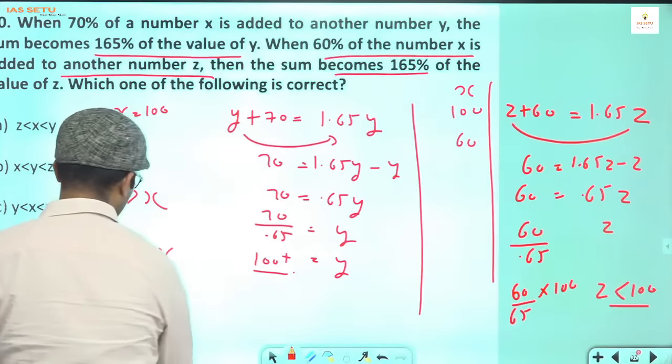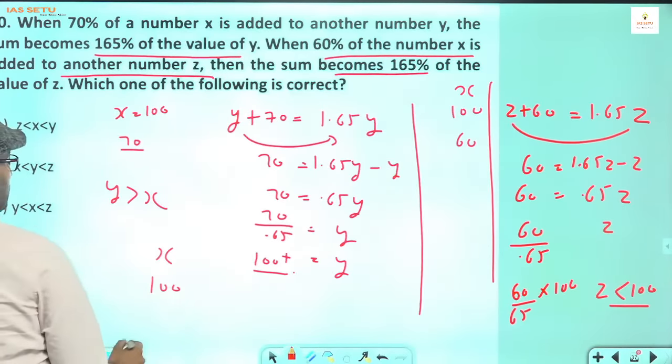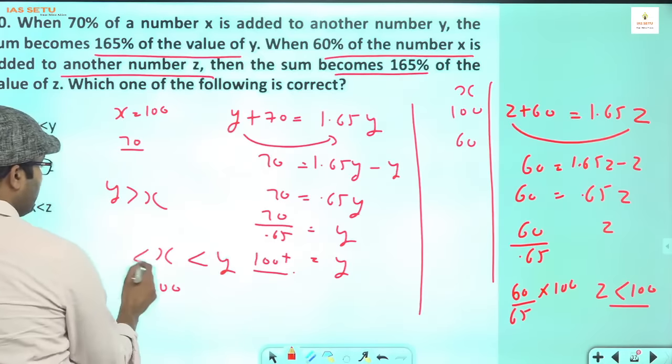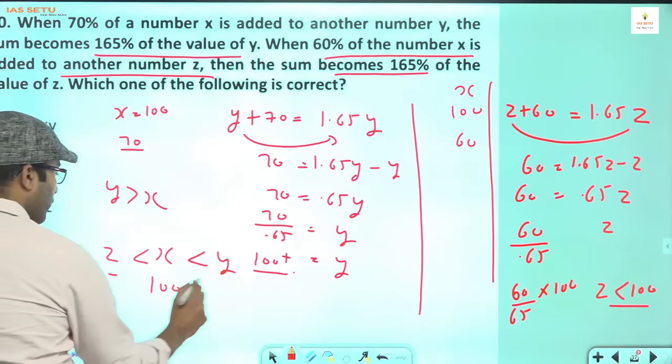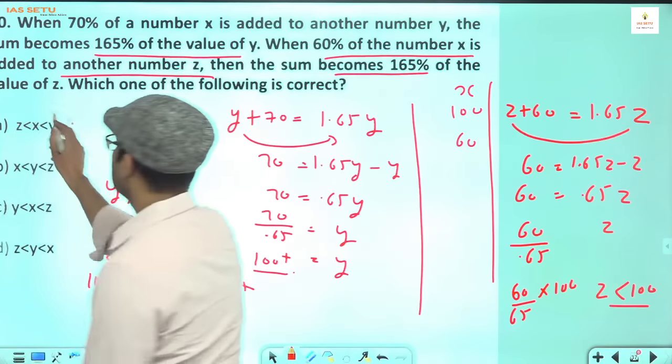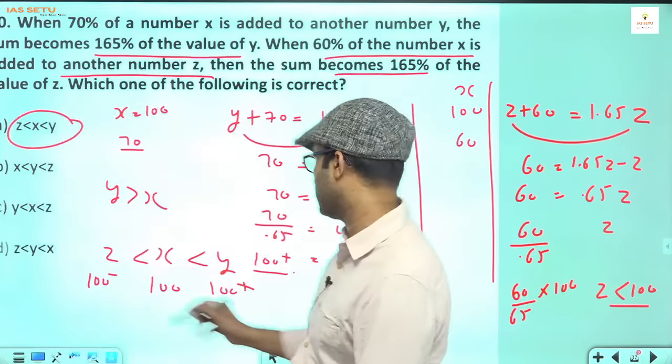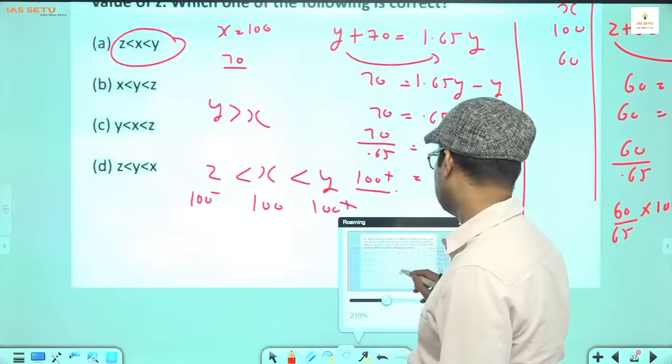y is more than 100, तो y x से बड़ा होगा, z x से छोटा होगा, z is smaller than x, z 100 से छोटा है, y 100 से बड़ा है, तो answer is A, z is less than x, x is less than y। ठीक है,